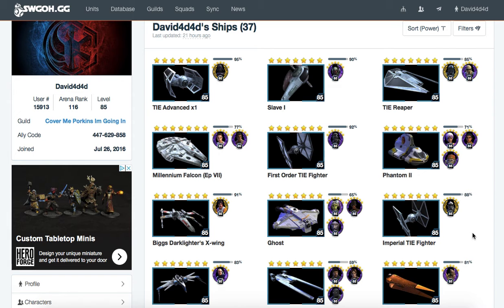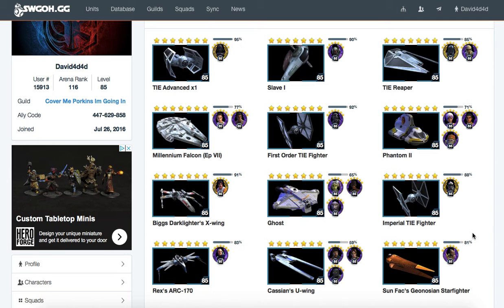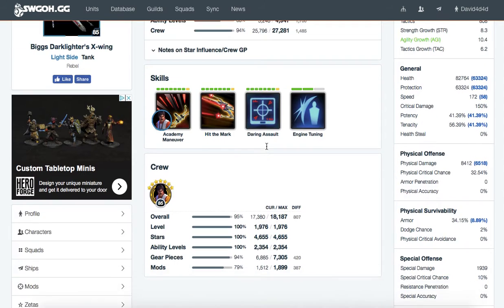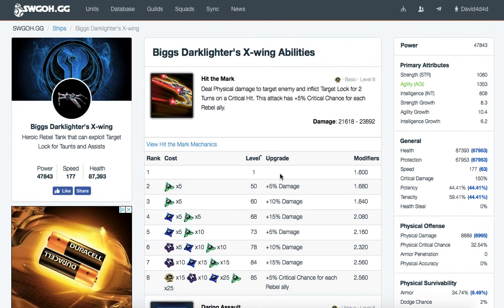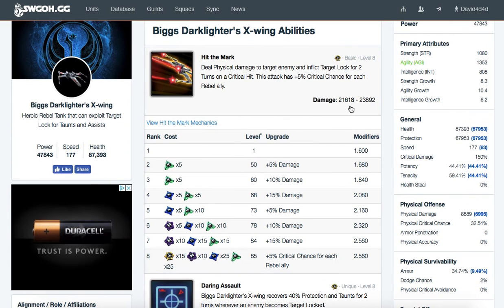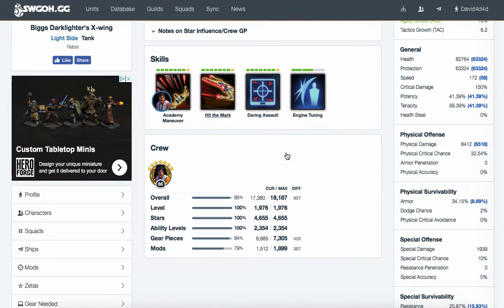boss ship really well, because he's able to put immunity from buffs onto Bosk if he has target lock on him. So, what this team does for me is Biggs is the main tank. And Biggs on his basic, Hit the Mark, I think it is. Yeah, Hit the Mark can inflict target lock, which is nice because it works well with his kit, which gives him more protection, and he has critical chance, and then he also just has good protection recovery with everyone else